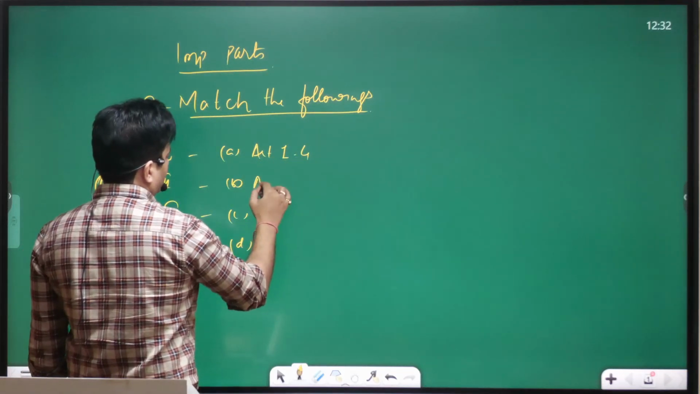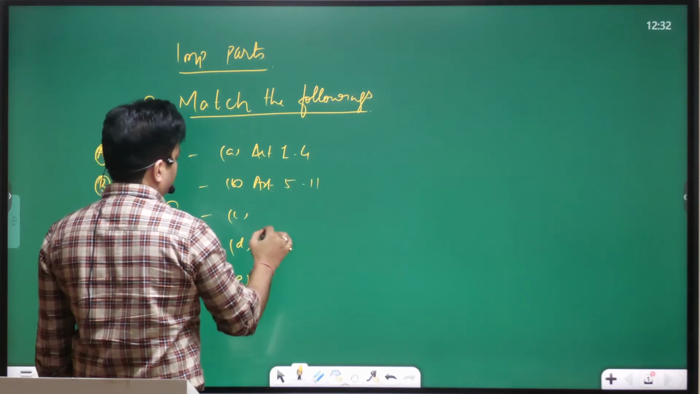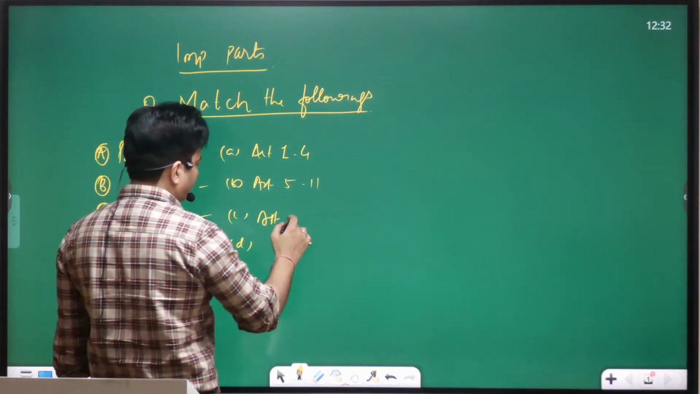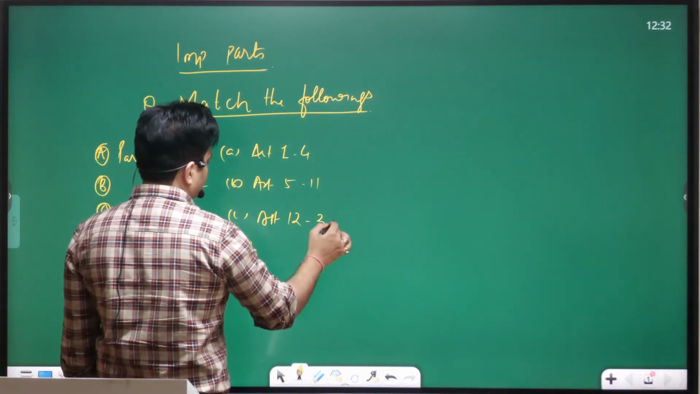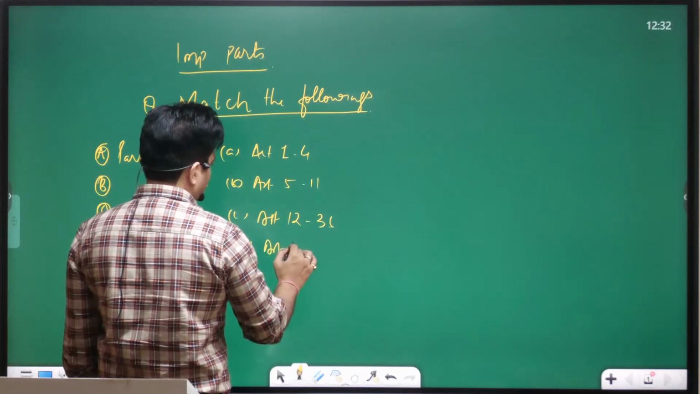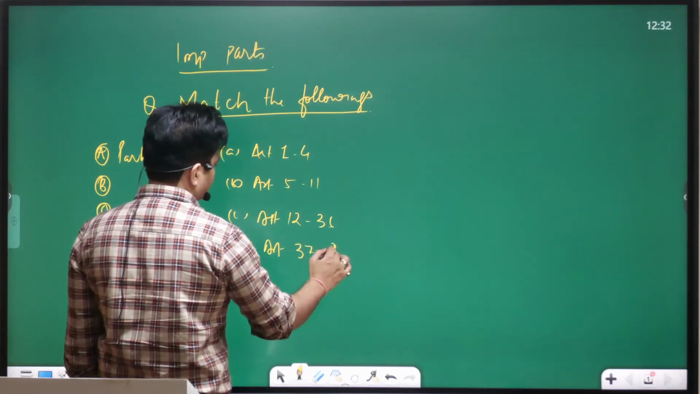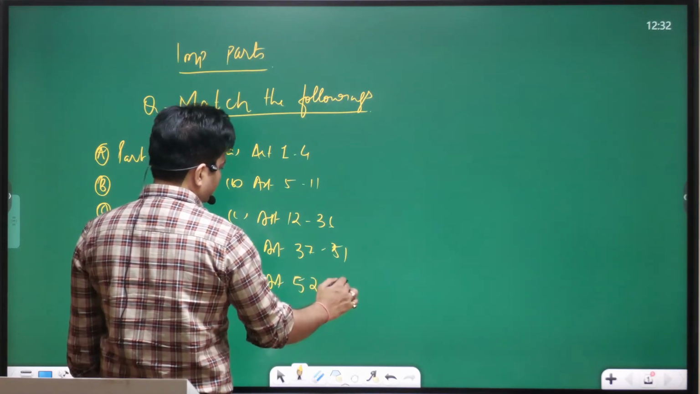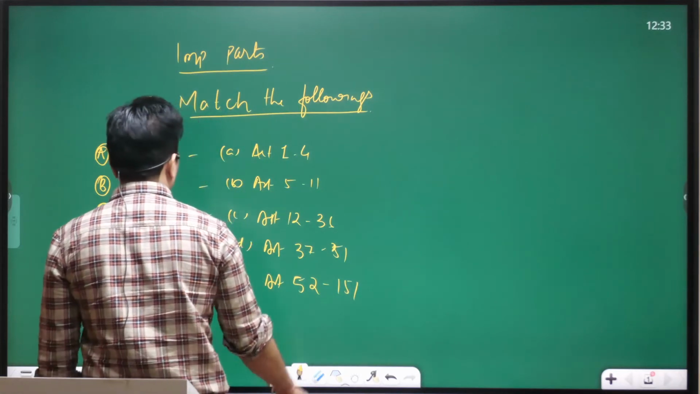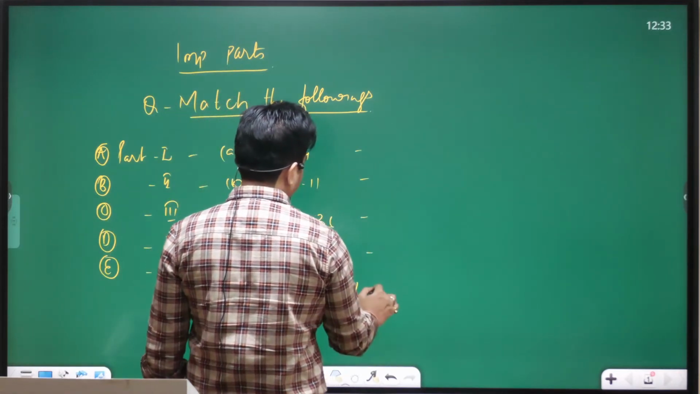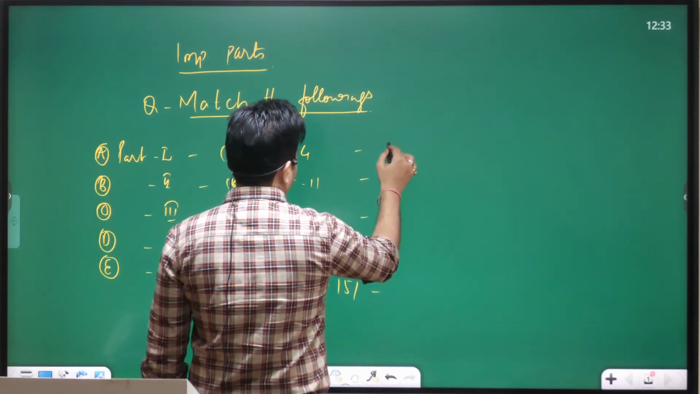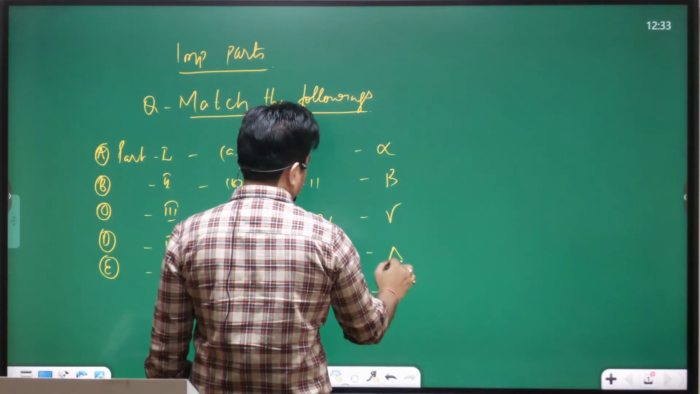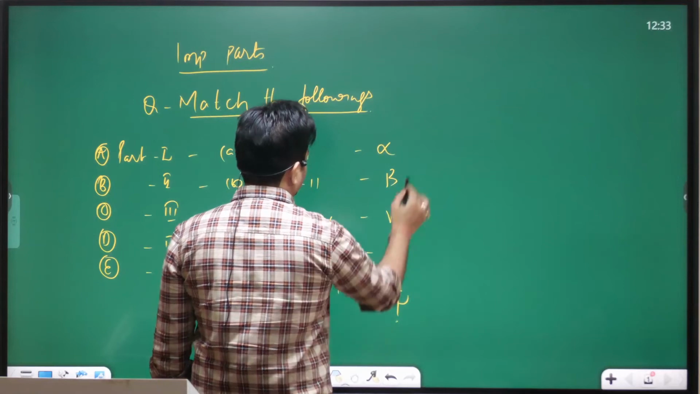आर्टिकल 1 to 4, आर्टिकल 5 to 11. इसमें कुछ गलत होगा, ठीक है. आर्टिकल 12 to 36, आर्टिकल 37 to 51, आर्टिकल 52 to 151. इसमें आगे क्या करें? इसमें आगे अल्फा, बीटा, गामा, डेल्टा एन एम्डा।